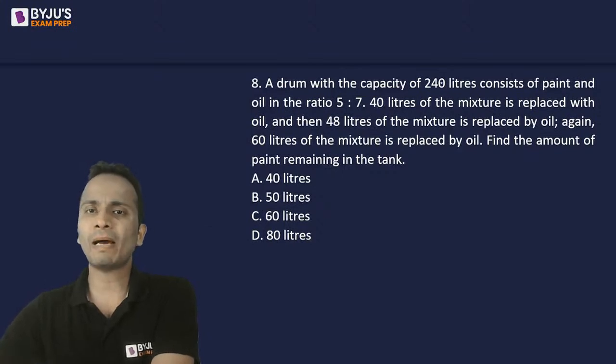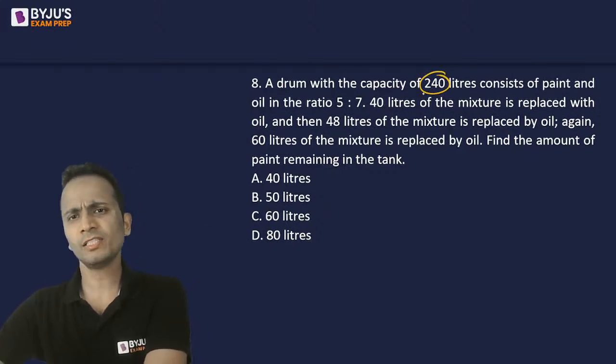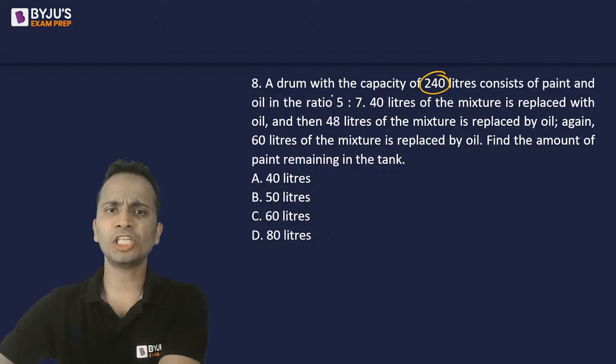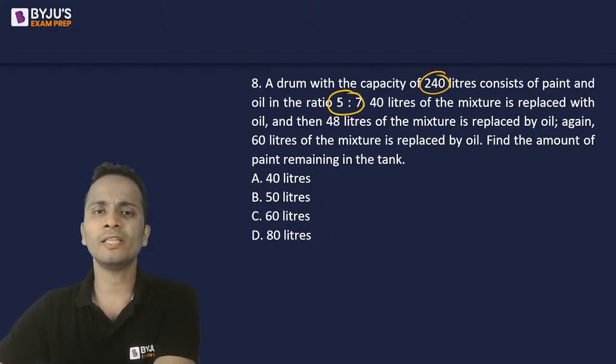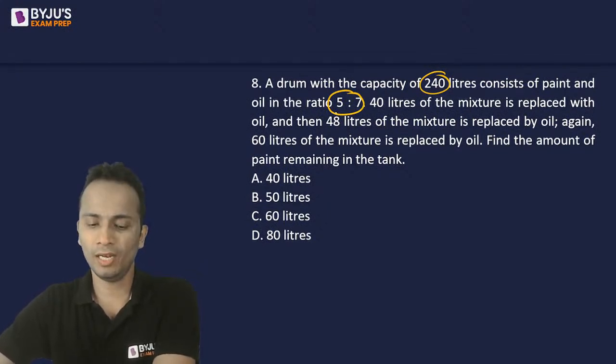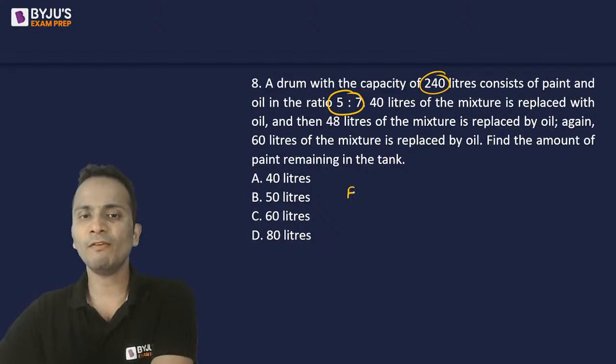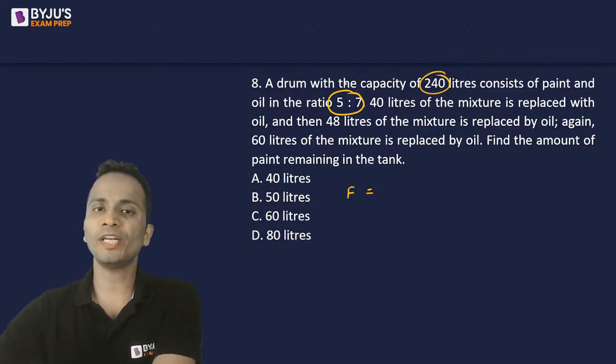Originally the capacity is 240 liters, and initially the paint and oil are in the ratio 5:7. Now every time the replacement is done with oil, so the formula of removal and replacement will be applied on paint. So I can say that the final quantity of paint is equal to the initial quantity of paint